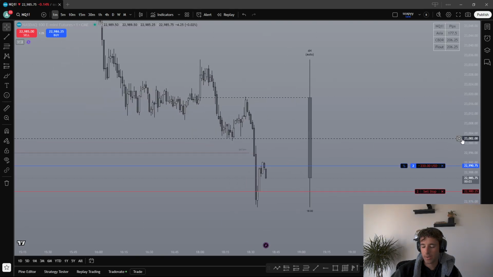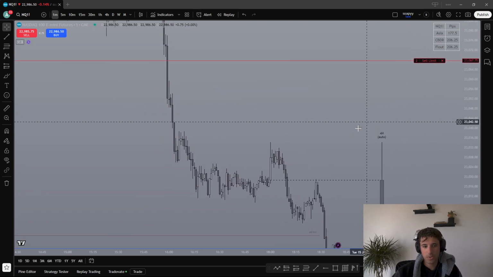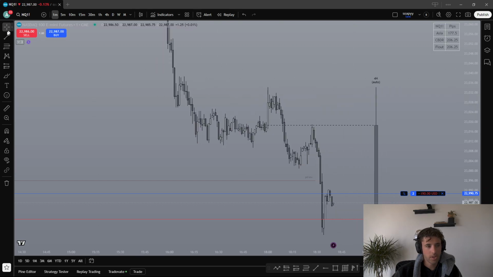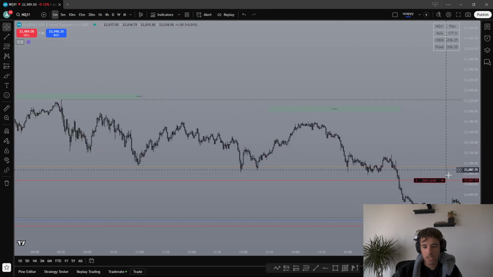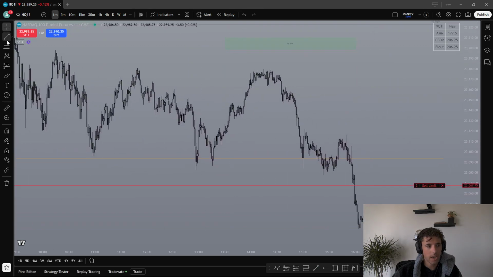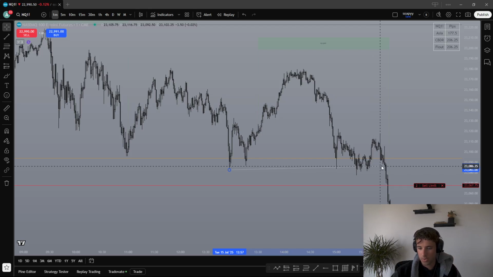It's okay. The problem arises with ICT concepts. I actually started with, a lot of beginners start with ICT or TJR, with break of structure or market structure shift. I can show you what those two things are right now. So a break of structure, a good example would be right here, prominent highs and lows. So right here is structure, quote unquote.